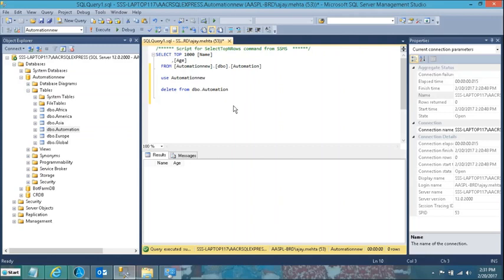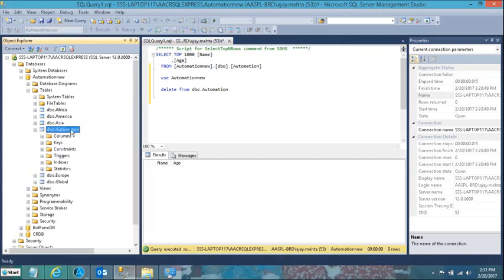For the sake of demonstration, I have this SQL Server database which is open in front of me. I can see that I have this database, Automation New, which further has one table inside it. The table contains two columns, name and age. The name being a character-based field and age being a numeric field, which I have made for